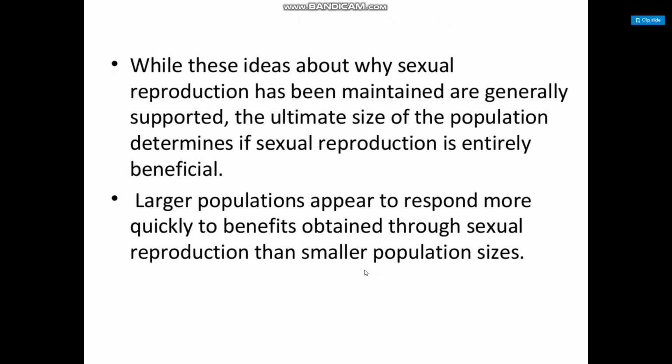While these ideas about why sexual reproduction has been maintained are generally supported, the ultimate size of the population determines whether sexual reproduction is entirely beneficial. A larger population appears to respond more quickly to the benefits obtained through sexual reproduction than a smaller population.